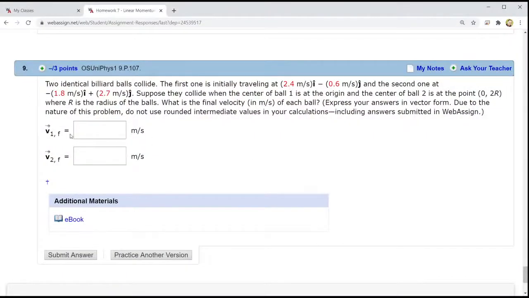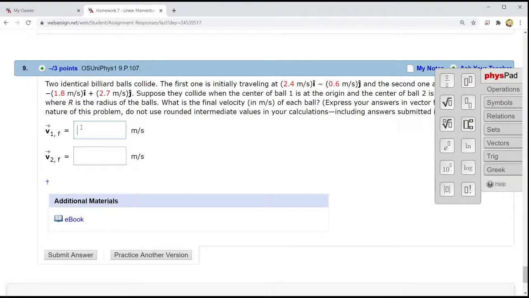So what that means is, impulse is a change in momentum. So if there's only a vertical component, that means the horizontal component of each of these balls' momentum is not going to change. It's only going to change in a vertical direction. All right. So that actually gives us half our answer already. Well, since the impulse is vertically oriented, the momentum of ball 1 in the horizontal direction is going to be the same.